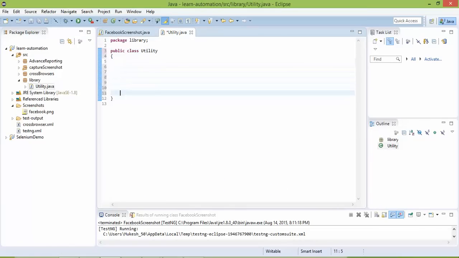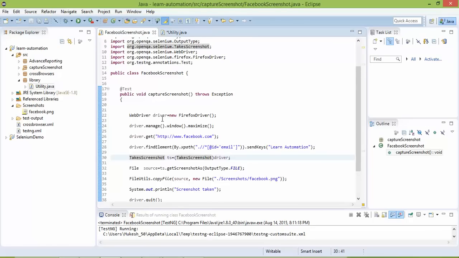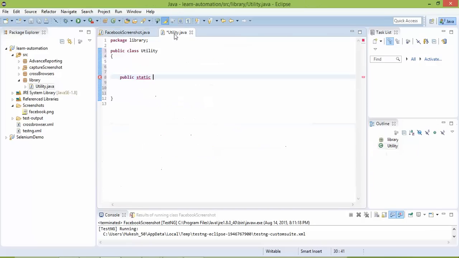So as of now I will create a static method. Why we are creating static method? So that I will call this using class name. Okay, and if you don't want to create library, this is the code which you need to write. But in case if you want to make your code very generic, let's see this part as well. So I will create a method called capture a screenshot. This is user defined method which we are creating. If you want to give some other name, please go ahead and give some different name. Okay, now here we need to write the code.